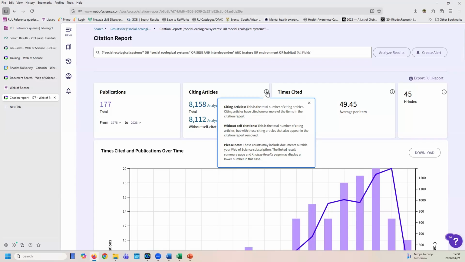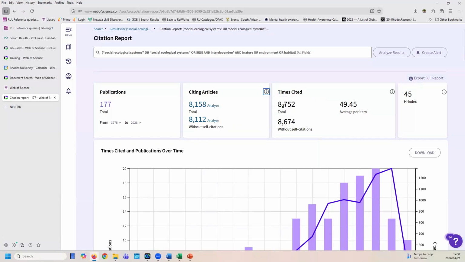Without self-citations, this is the total number of citing articles, but with those citing articles that also appear in the citation report removed. And there's a little note. I'm going to move on. So number of times cited, total 8,752, an average of 49. Without self-citations,